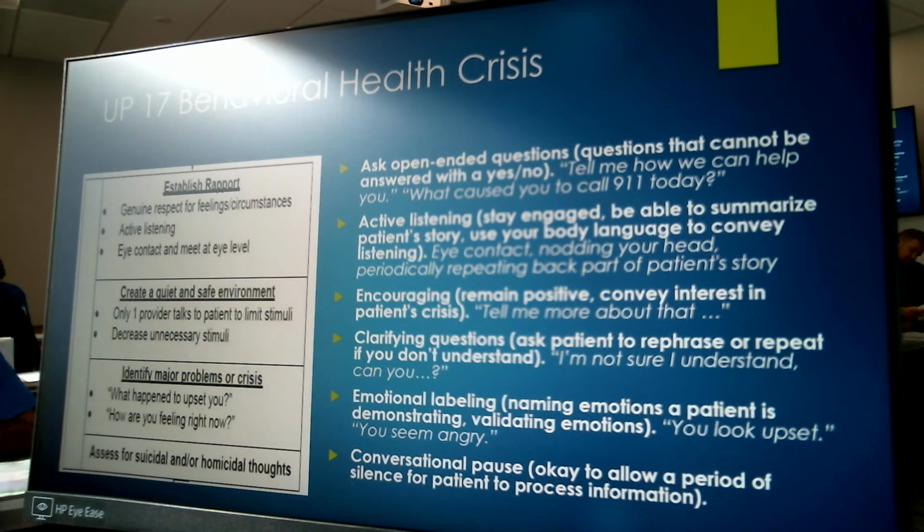We should be listening twice as much as we're talking. Okay, and that's really what we need to do with these patients. We need to give them that opportunity to talk. So we want to stay engaged, be able to summarize what they're saying, and use body language to convey that